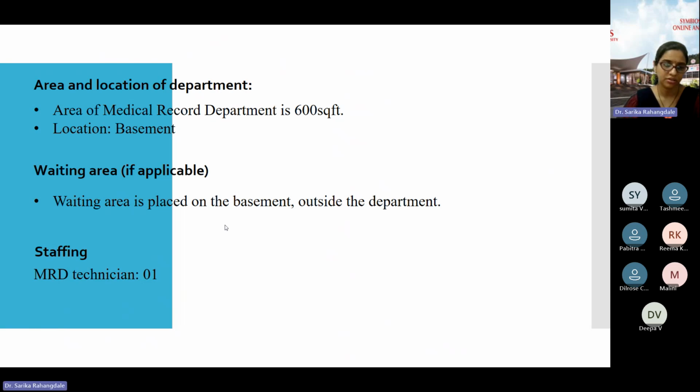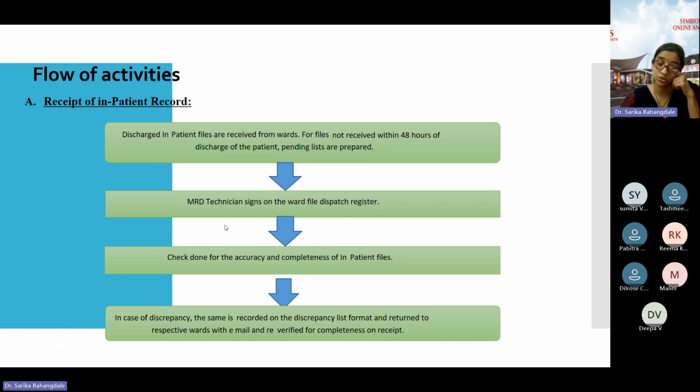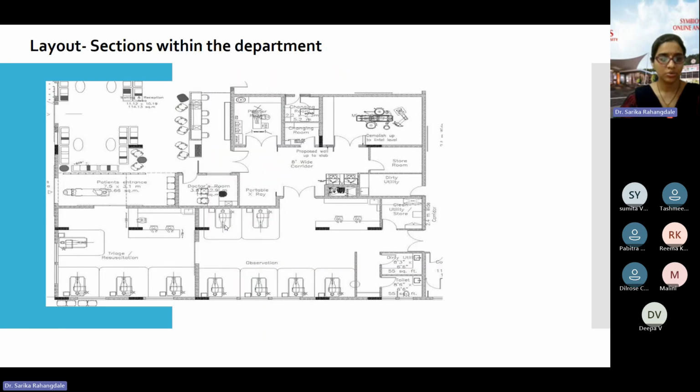If staffing is available or not, flow of activities, you may write in this sequence also. It is up to you how you can more creatively write your report. If zoning is applicable, I have not put in photographs here, that you may put in while preparing the report. Zoning, if applicable, not applicable, right? So equipments, we have to write that way. Biomedical waste management. Layout section,